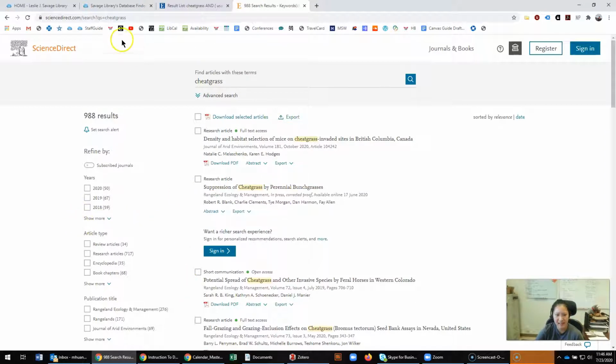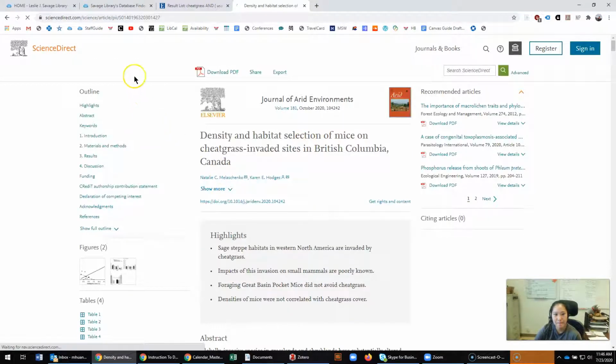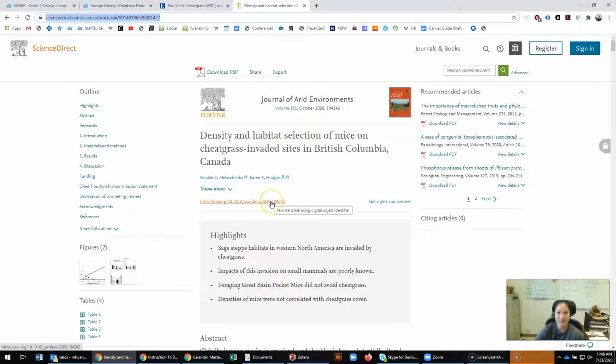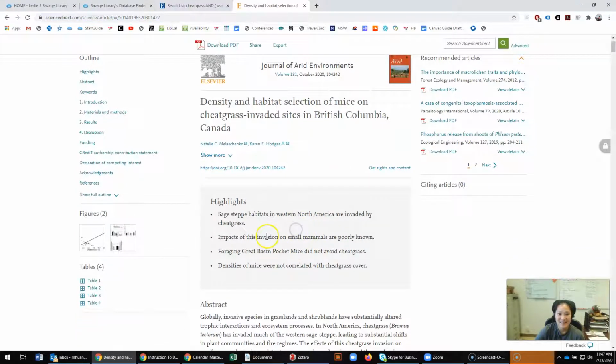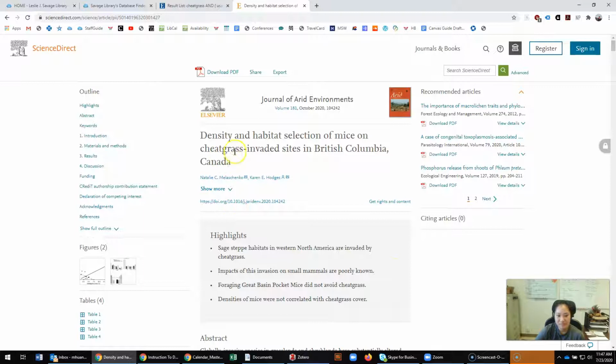However, ScienceDirect is different in that the URL can be trusted. So if we were to click on our first article here, you can straight up download this. You can copy and paste this link up here. You can also copy and paste the DOI link, which will just bring you right back to this page as well. Some citation systems will want you to use the DOI, and some don't really care about that. So, ScienceDirect can be very good for searching,